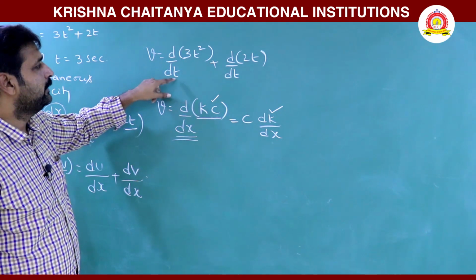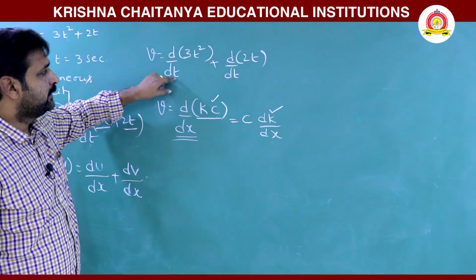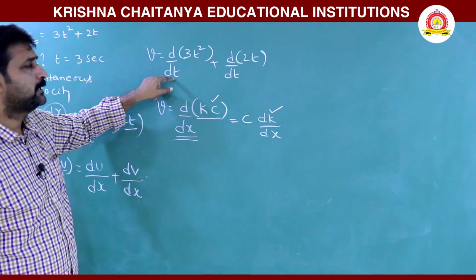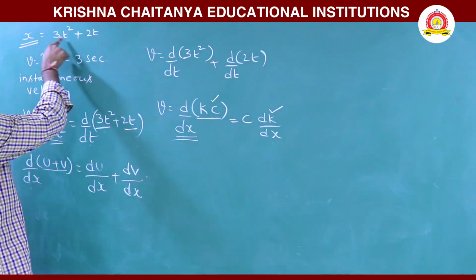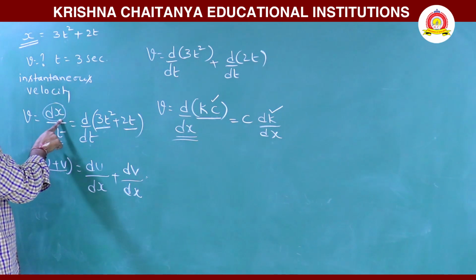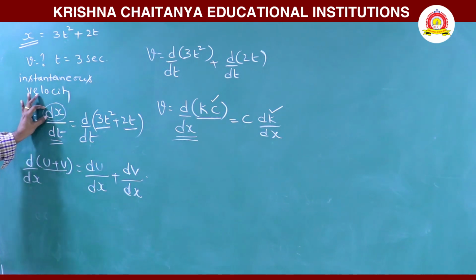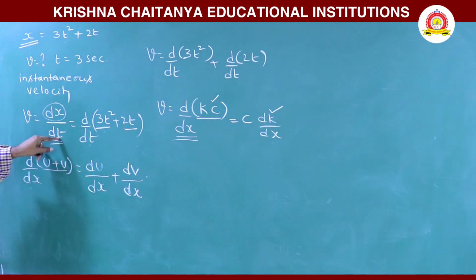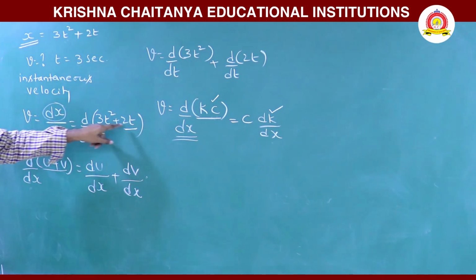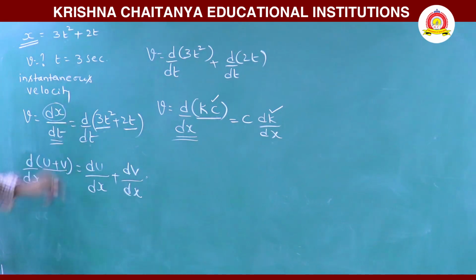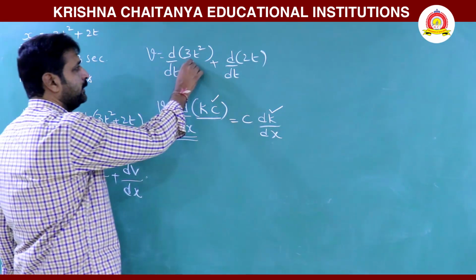For example, here this expression changes with time. Since position depends on time, we are differentiating position with respect to time. In order to differentiate, position should depend on time. So position is in terms of time only. Okay. Now taking this